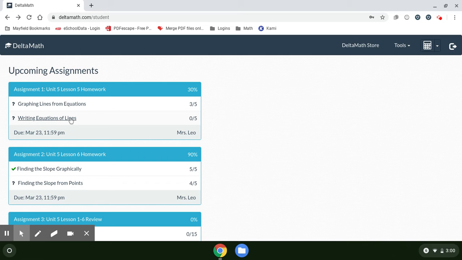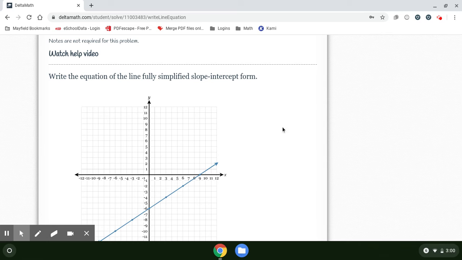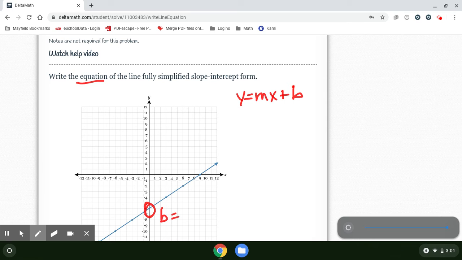So now I'm going to go back to the writing equations of lines. So now we're just going to do the exact opposite of what we did. We're still going to use y equals mx plus b, but now I have to actually write the equation. So in order to write the equation, I have to find the m, and I need to find the b. So if I look at the graph, the first thing I'll notice is that it crosses the y-axis right there. Okay, so that is my y-intercept, which is -6, right? And then if I look at my slope,